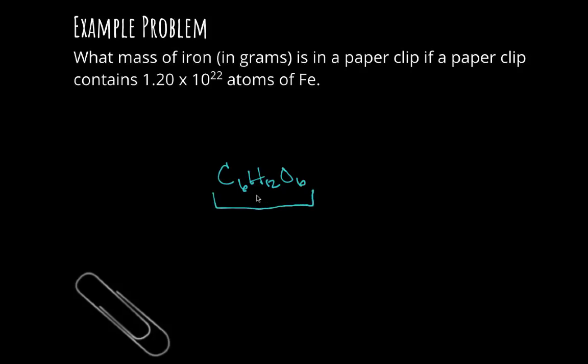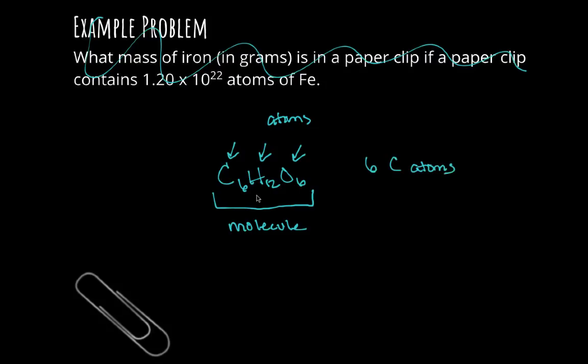So this whole thing would be a molecule. But there are atoms within that molecule. So you can actually use, and I'm going to cross that out because we're not using that, the atoms within per one molecule. So conversions you could use for this is you could say there are 6 carbon atoms per one molecule of C6H12O6. You could say there are 12 H atoms